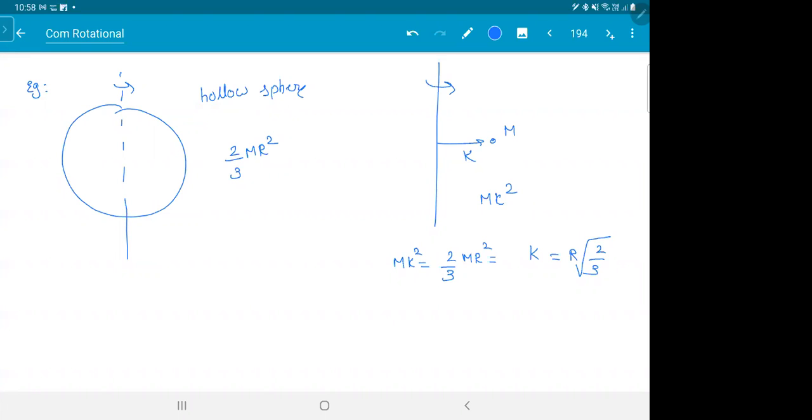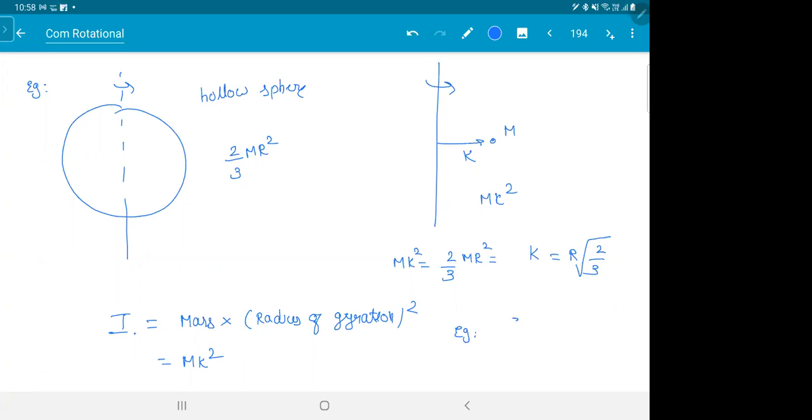So this thing, you know what? Think about it now. When you go to a lab, why should you put a headache of, is it hollow sphere, solid sphere? The guy who is doing the experiment won't know the result. So you can say moment of inertia of a body is mass into radius of gyration k square. That's it, straightforward. So you did not ask what is the shape of the body. You can directly take mk square.